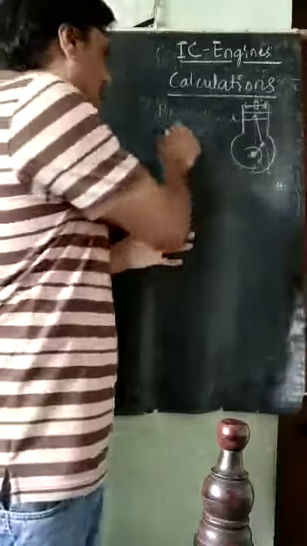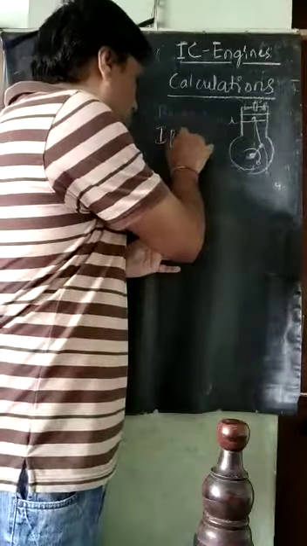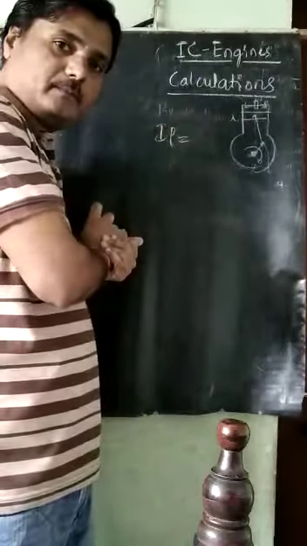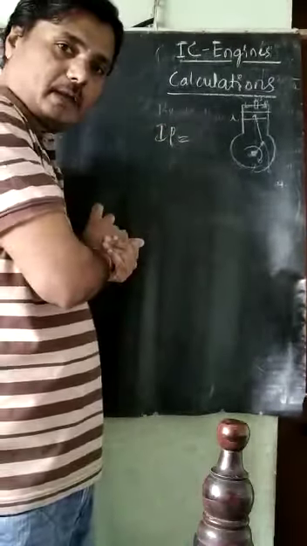So the total indicated power is equal to BP, that is the brake power available in the crankshaft, plus FP. FP means the frictional power. This is the equation we are getting. Total indicated power in the cylinder is equal to brake power in the crankshaft plus frictional power, that is lost due to friction in the mechanical elements, mechanical movements rubbing each other.